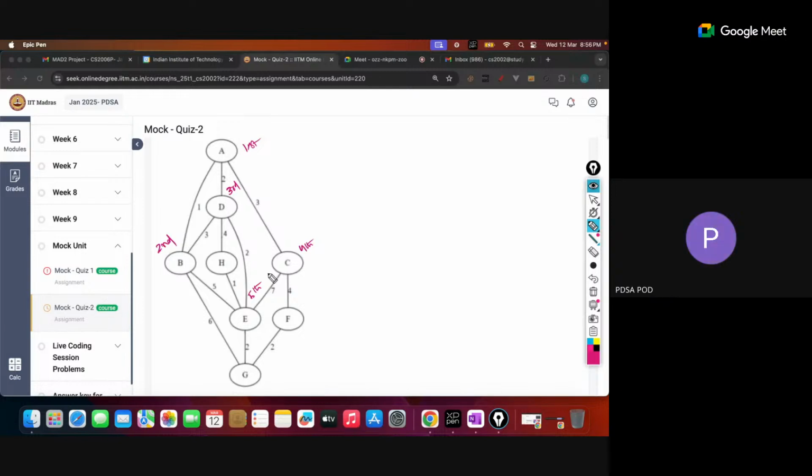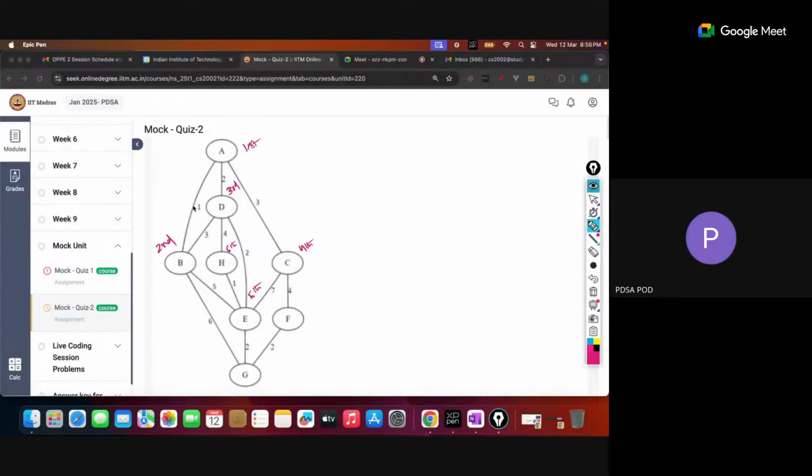Yes, sir. This is the sixth one, if I'm not wrong, because the value is 4 plus 4, 2 plus 2 and 4, and this is 5, so that is the optimized value. After 4, H is going to be the sixth one. And the seventh one: reaching this particular F is 3 plus 7, so that is going to be the sixth one. The reaching of this G is here,